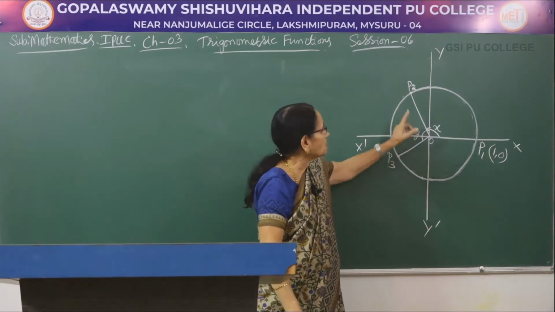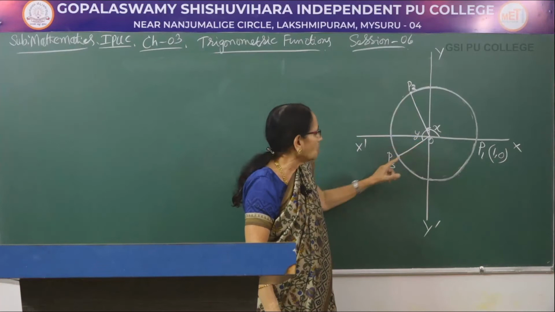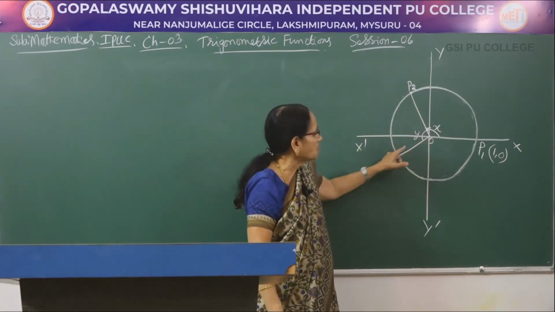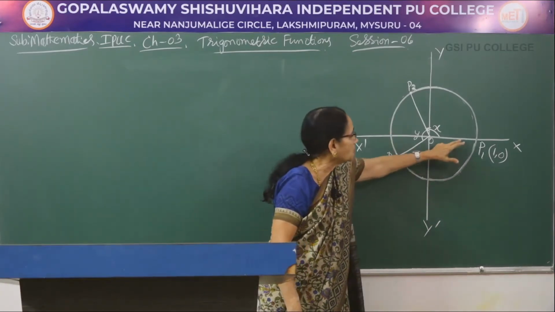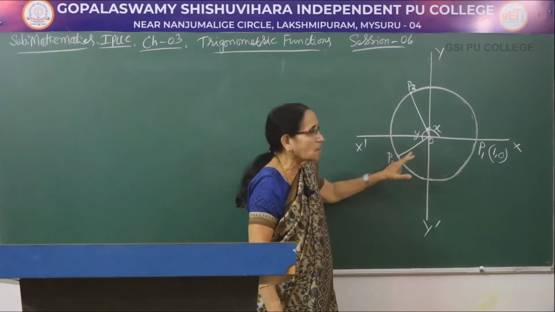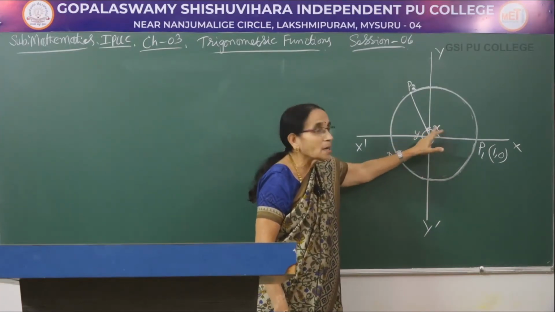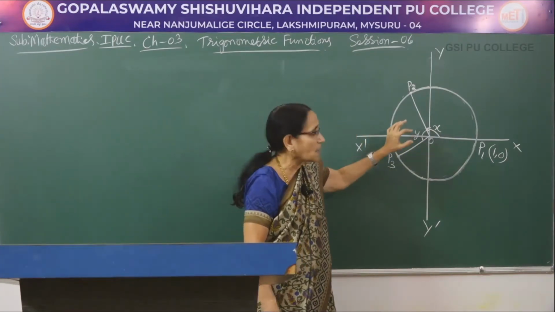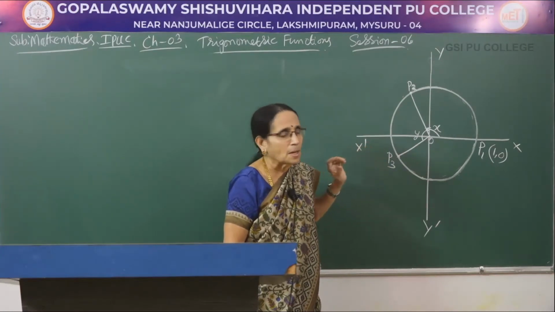So, P1OP2 I have taken to be x, and P2OP3, with another point P3, such that angle P2OP3 is equal to y. So, the total, if you take starting from P1 in the anti-clockwise direction, P1OP3 would be x plus y. That is what we are going to derive now. For that angle x plus y, we are going to derive an expression or a formula.